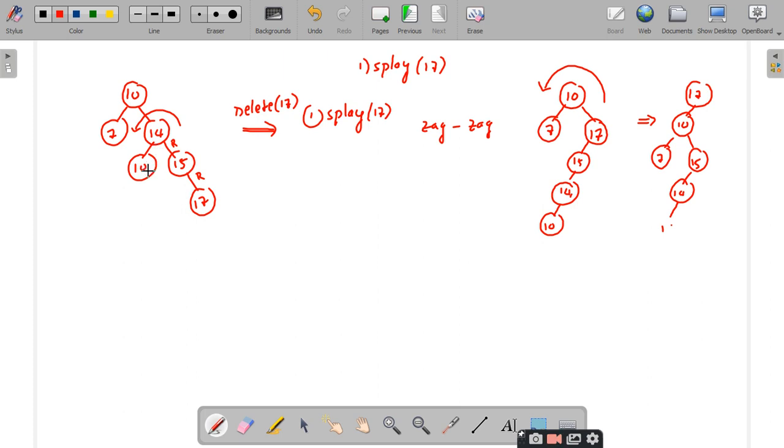Oh, sorry, not two tens, right? Let us take it as 12. So what is the element I have here? Ten, sir.